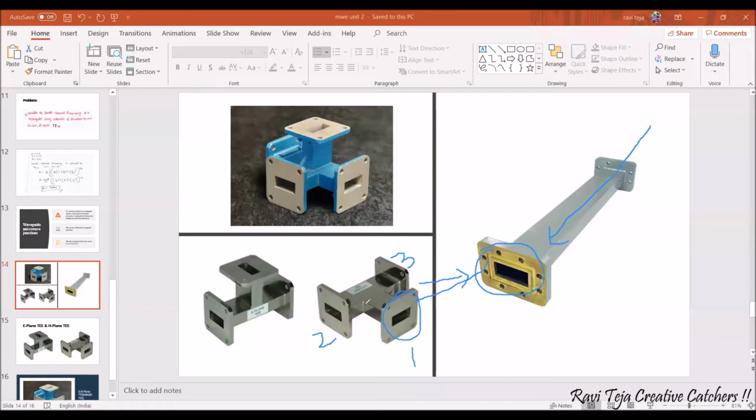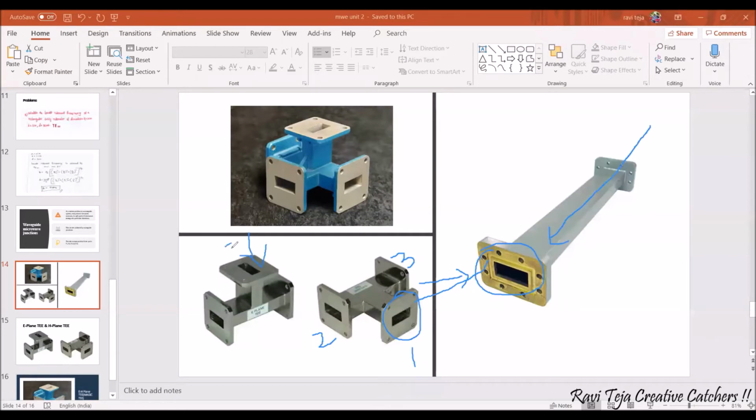See, this port 1 is connected to our rectangular waveguide. From here the energy is coming over, and from here it is traveling to this one. As we all know, the energy will be split here, as we are having 2 ends. This is port 2 and port 3. So obviously the energy will be split into these, as you see.